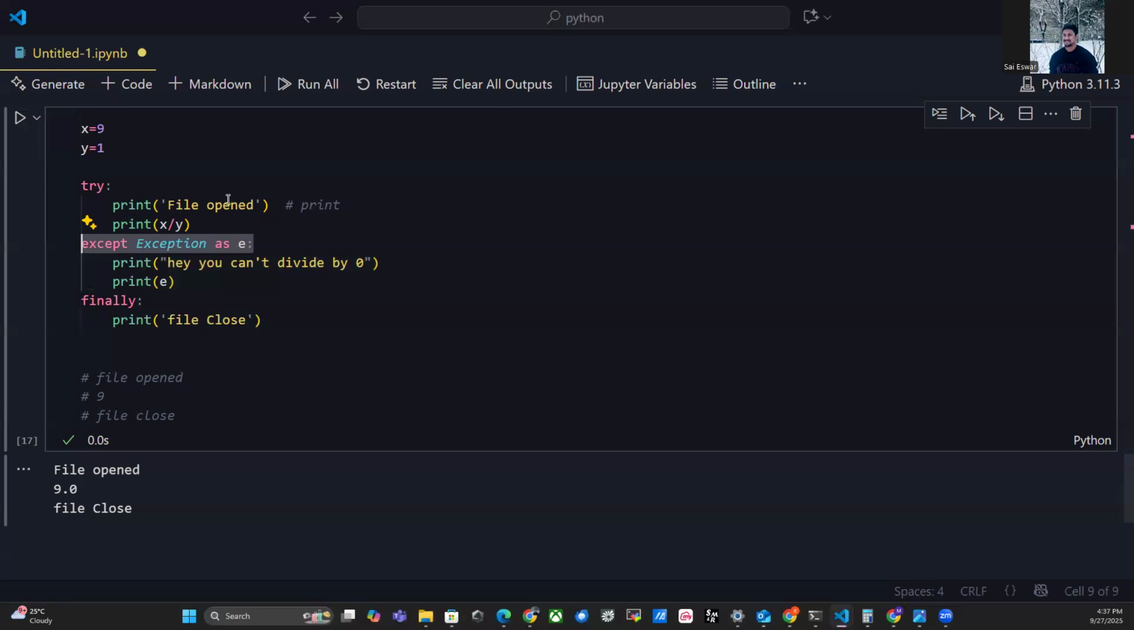Whether you have an exception or you don't have an exception, what the finally block does is it will execute irrespective of your exception or not. Irrespective of whether there is an exception or not, the finally block will get executed. So in such a case,